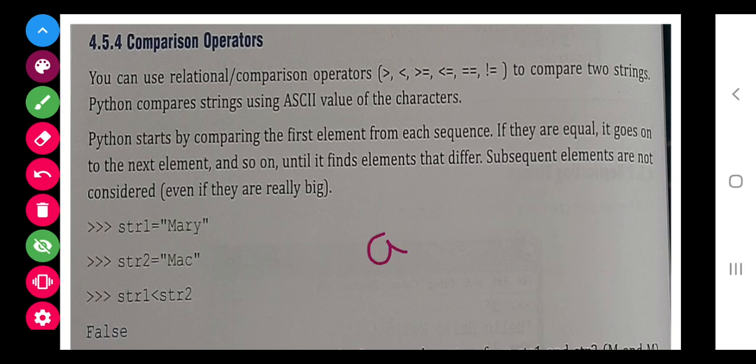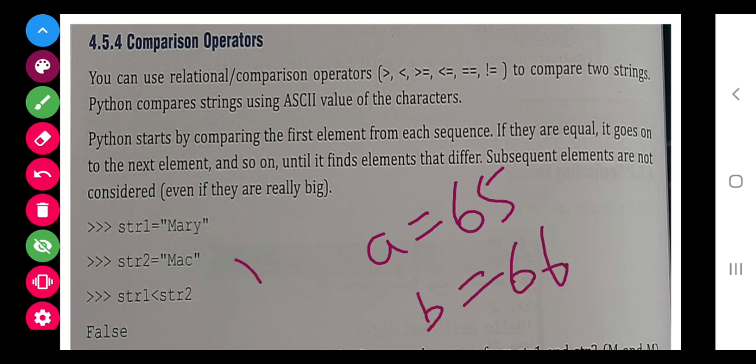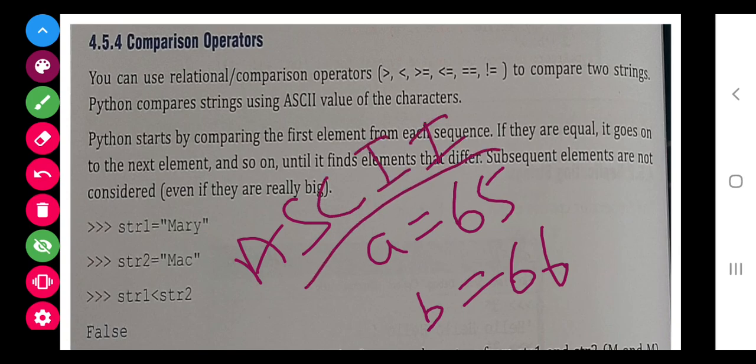Class, this you have to see, because A has its own ASCII value 65, last year I have told you. B has 66. They compare on the basis of ASCII value. This I will tell you in more detail later on. So every character has its own ASCII value.